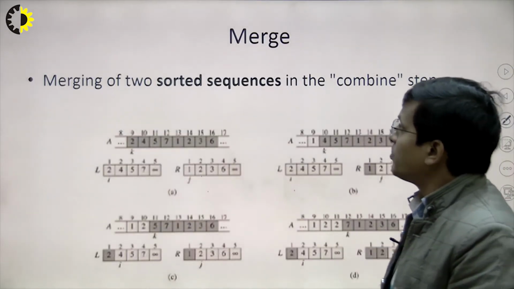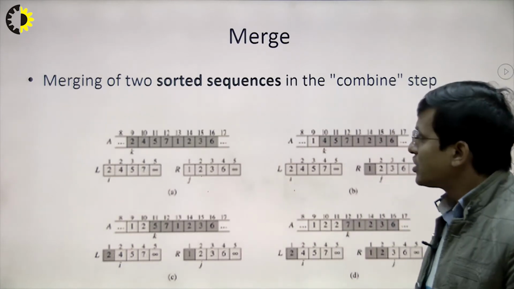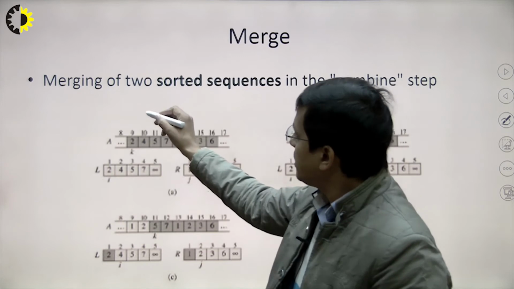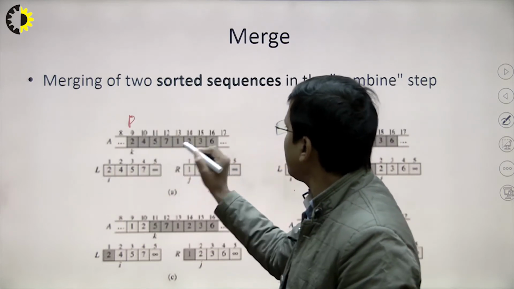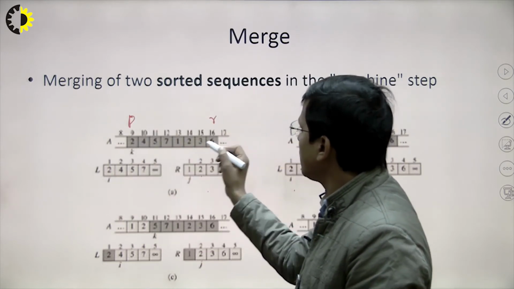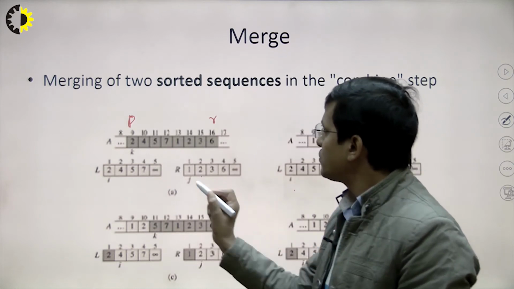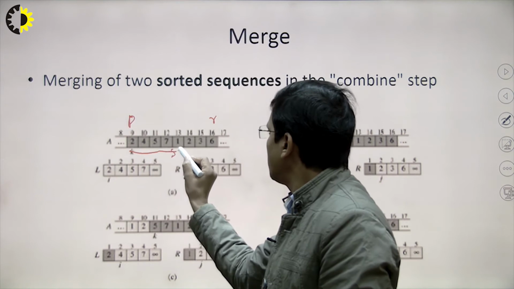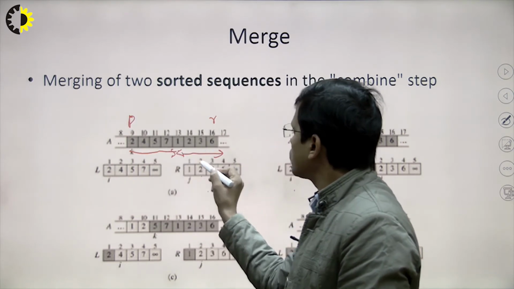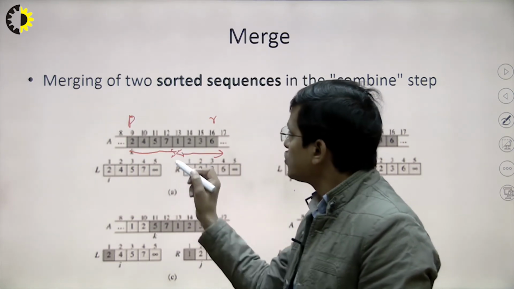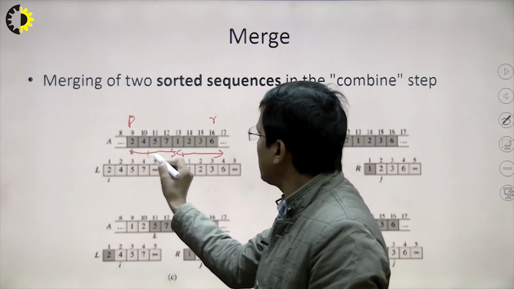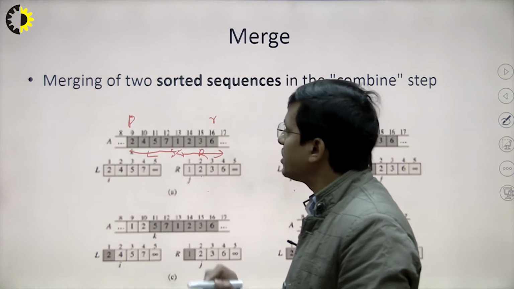So now just see the merging. This is a very simple approach, but you have to understand one by one what exactly it is. Suppose this is the list, and here P is 9 and R is 16. We can see that from here to here that is sorted, and this is another sub array that is also sorted. Now we are trying to merge. First of all we take the left array and the right array. So now we have separated the left and right.